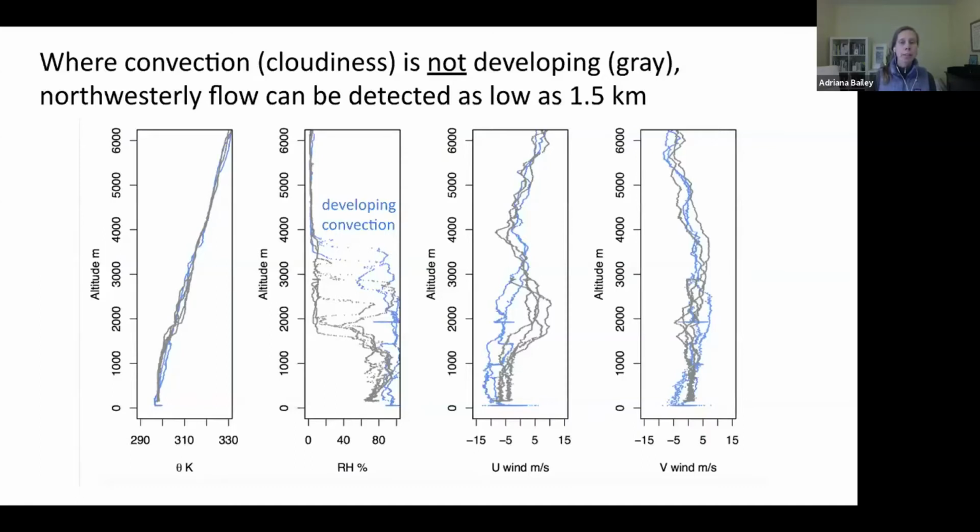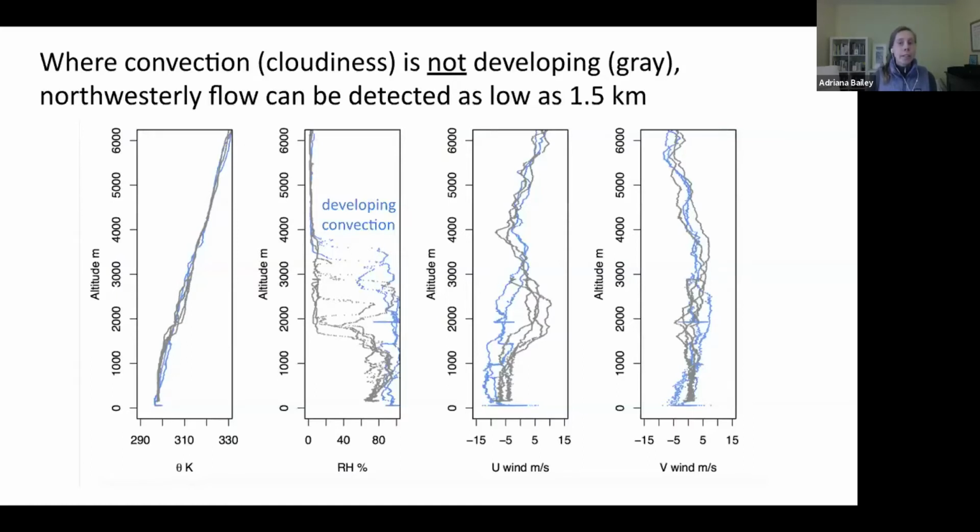And I'm showing these color-coded in two ways. In the blue, you have the developing convection profiles, which have quite significant moisture export associated with them. And then in gray, what you see are the profiles that come from places where you don't have developing convection. It's sort of on the edge of the clouds or in that cloud-free streak, that huge zone of cloud-free air that I showed in the GOES satellite snapshot.